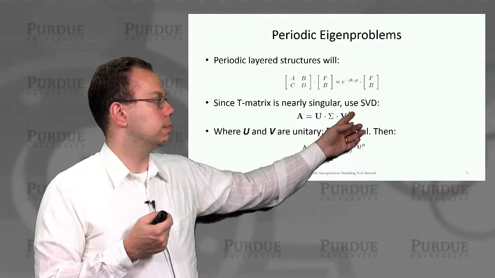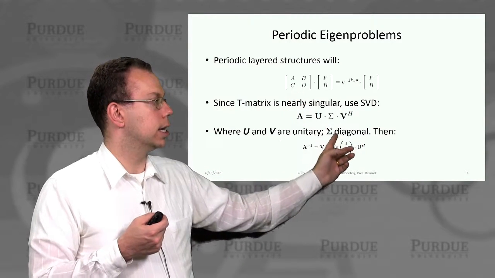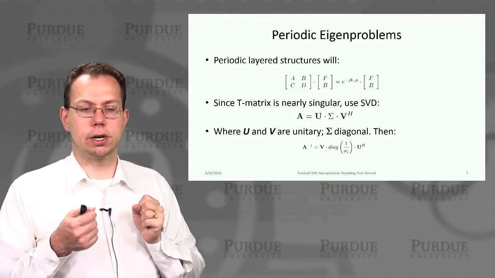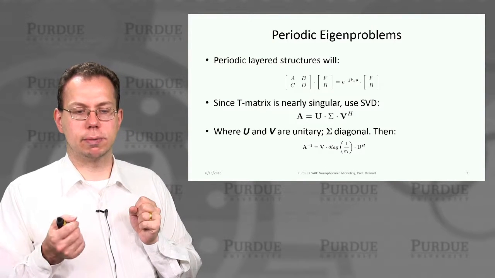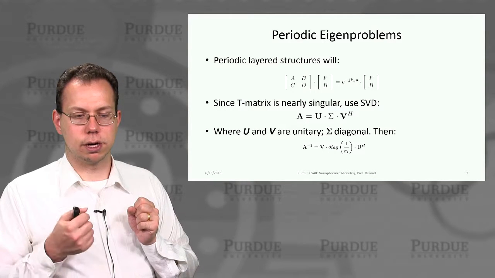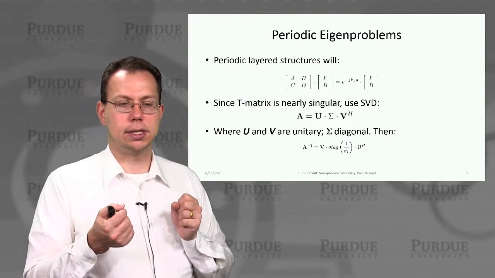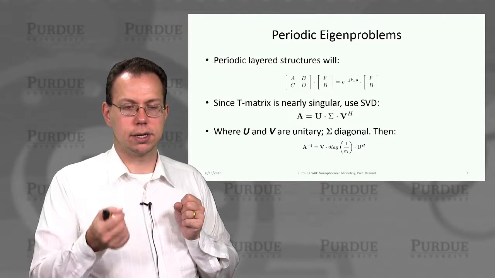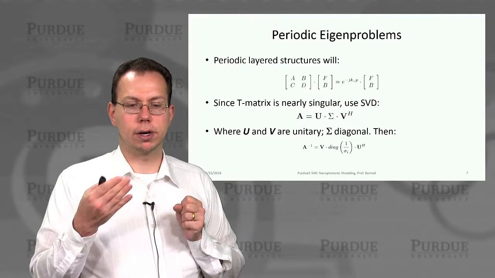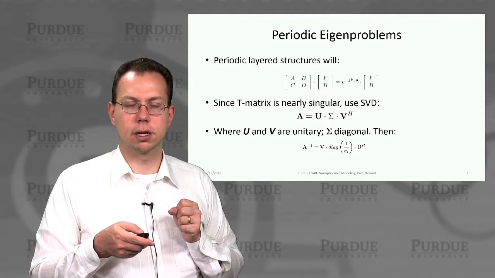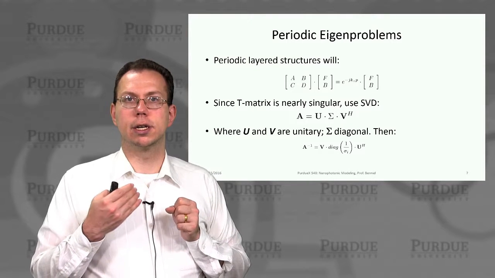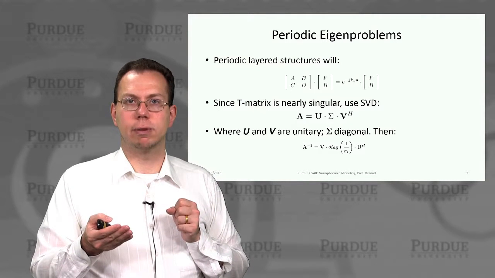We would write this A matrix as a product of three different matrices: U and V, which are unitary, and sigma, which represents the eigenvalues of the system and is a diagonal term. That allows us to easily invert the A matrix in order to extract the forward and backward propagating modes, as well as the corresponding wave vectors. And in the next lecture, we'll go into more detail about how Camphor can be used practically.